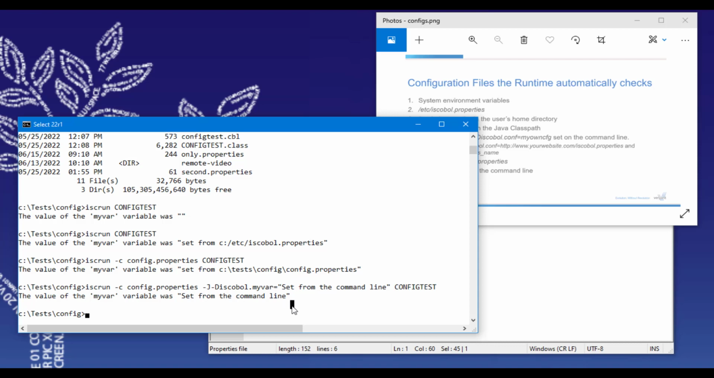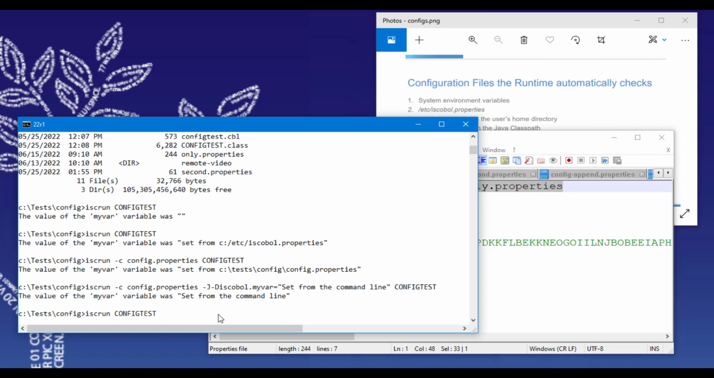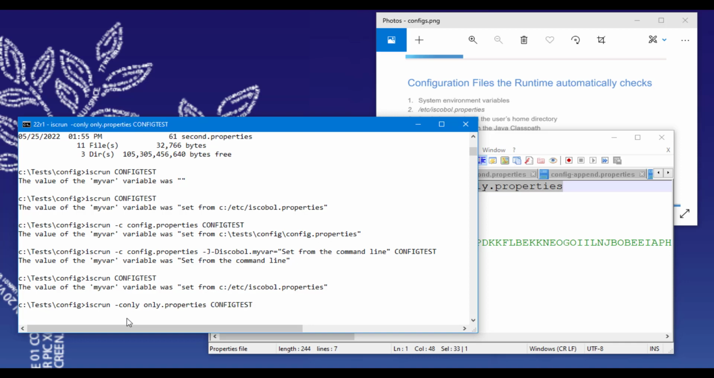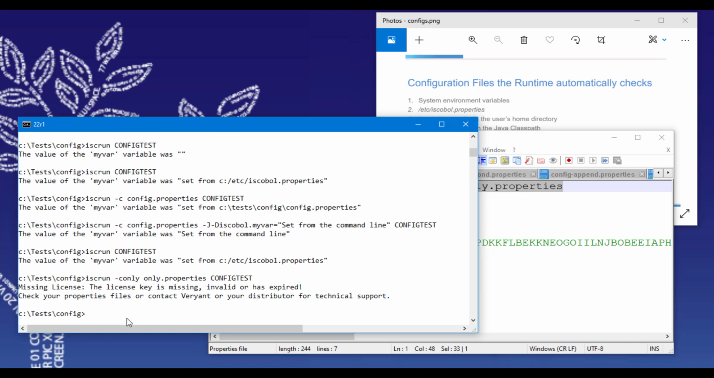Now, what if I want to override all 3 of those locations that I've set it in by using -C only? And we know that if we just run this alone, we're going to pick up the etc iscobol properties. We want to override that. So we'll use the -C only. And we get a license error because remember, my license is in here and we've just told the runtime framework